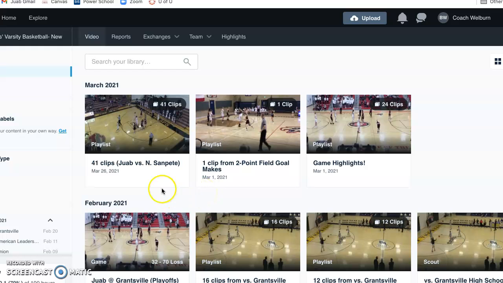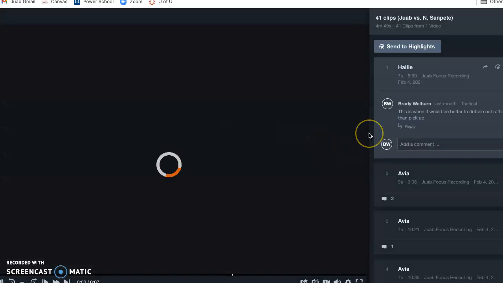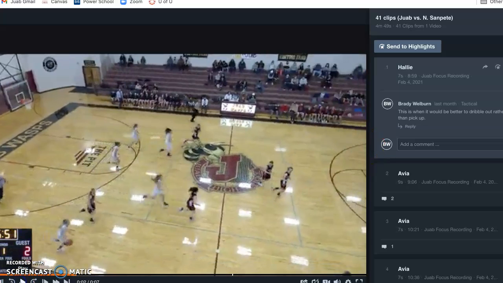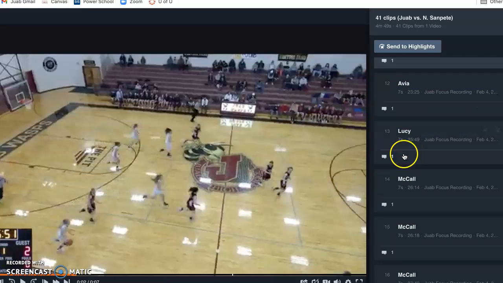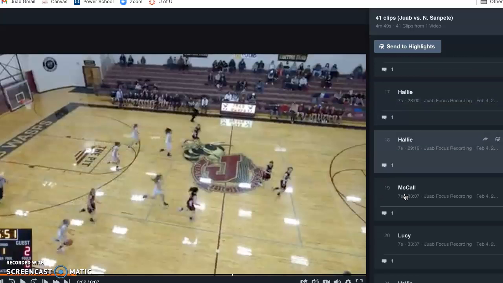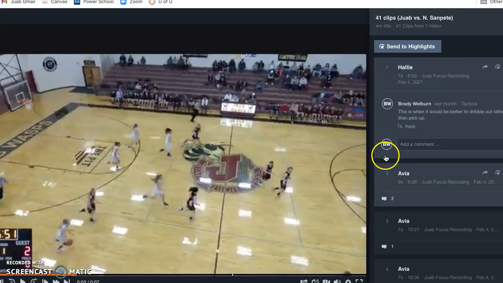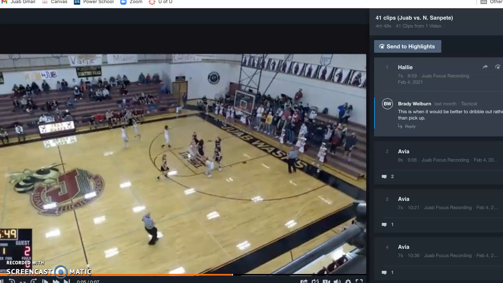The other nice thing is with this system, I can create video clips. So I'll give you an example. I'll go through and watch the film, and instead of having to watch the film with my players and use a bunch of time, I can watch it by myself, create a bunch of clips. Like as you can tell, I've labeled these, and they can just go in and look for their names, and then they can get some feedback on the game, and they don't have to watch everyone's, they just watch their own. So example, Hallie's up here at the top, I push play, it'll pause at the point where I want